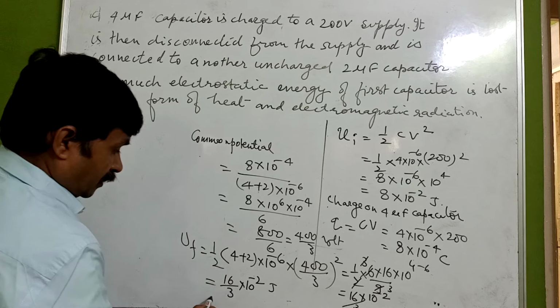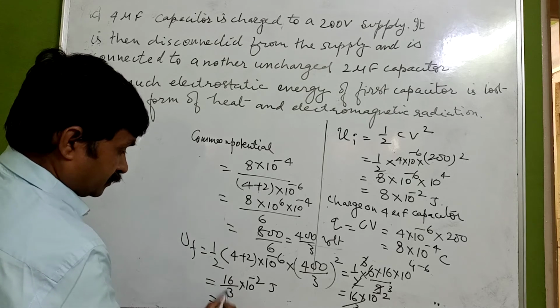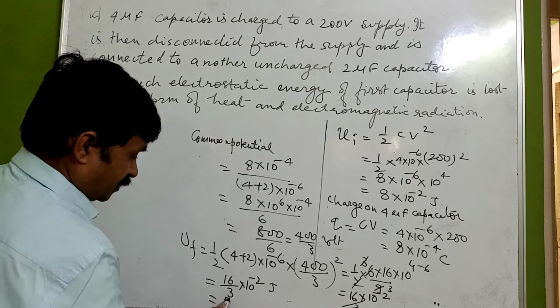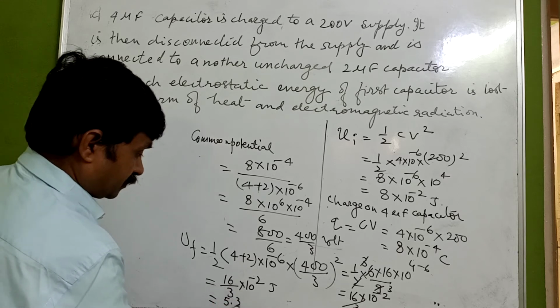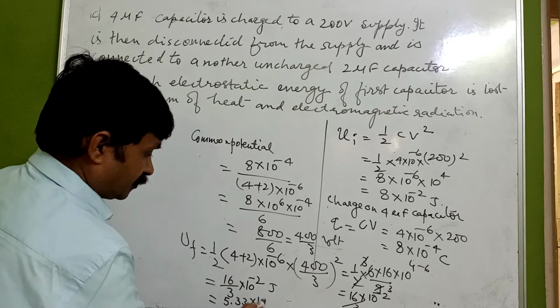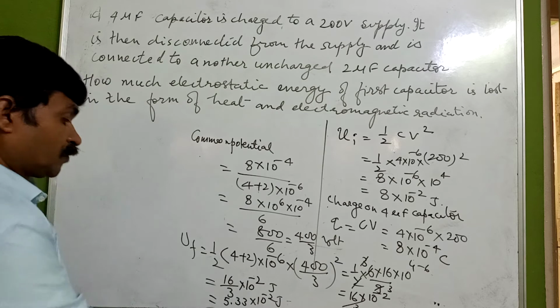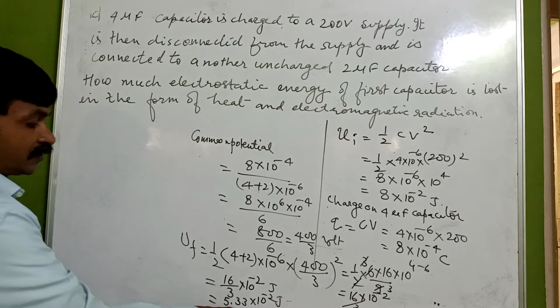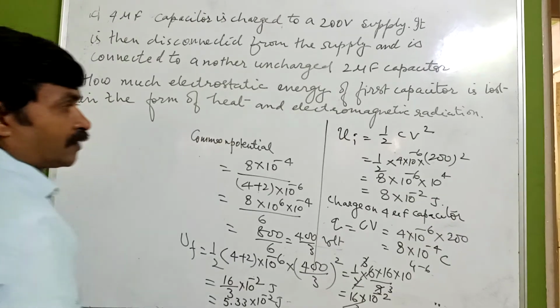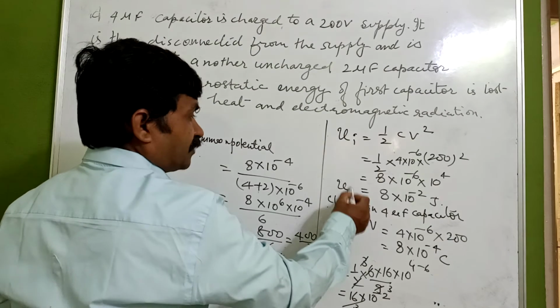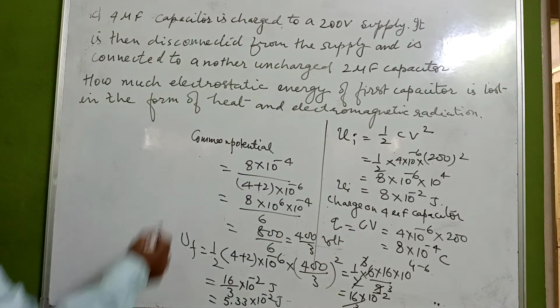It is going to be nearly 3 5s are 15 and 3 3s are 9, 10 raised to the power minus 2 joule. So the final energy which we are getting is 5.33 × 10 raised to the power minus 2 joule, and Ui which we are getting here. So the loss in energy,